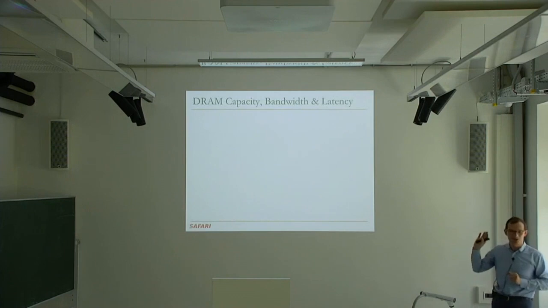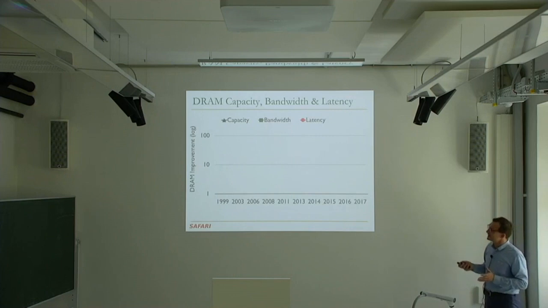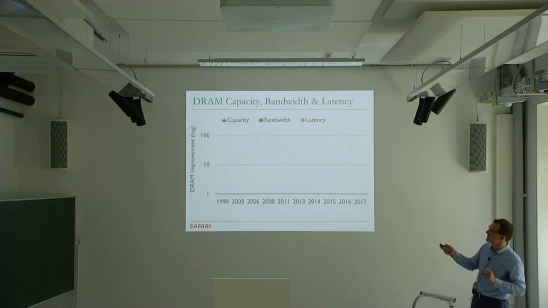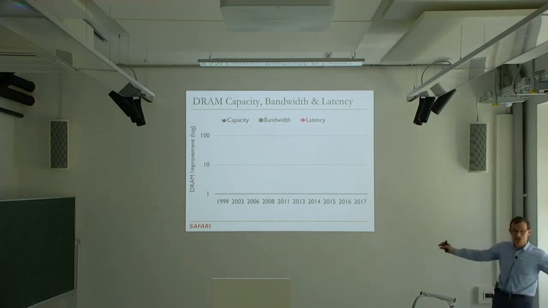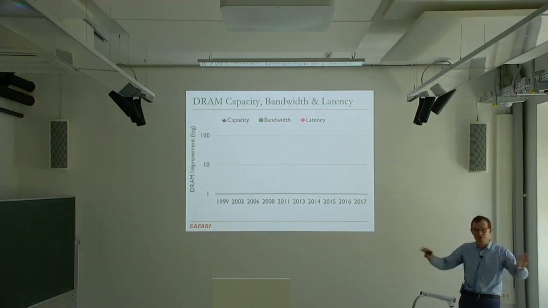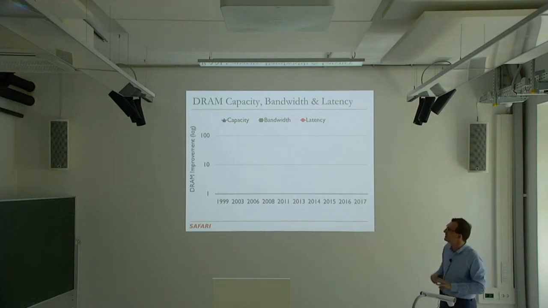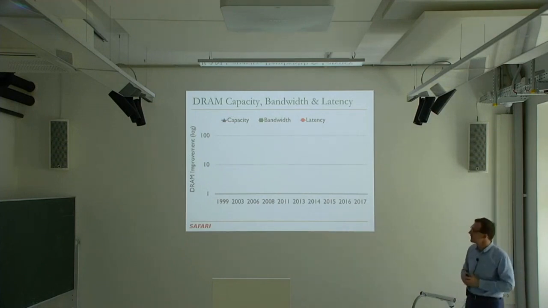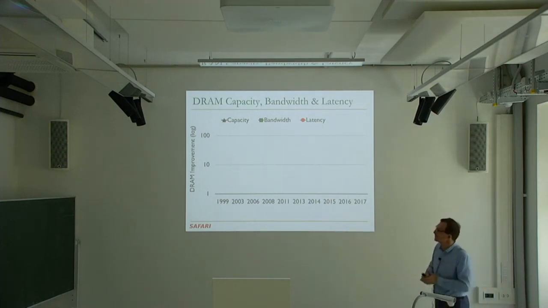We'll have some fun with this picture over here, which you don't see yet. So the picture will look something like this. Essentially, we're going to look at the trends in a DRAM chip in the last 18 years until 2017. We'll look at how much capacity, bandwidth, and latency have improved over the last 18 years in the most common device of its day. This is DDR technology. There are many types of DRAM chips today, which we may go into a little bit, but DDR technology is the most common commodity type that's used everywhere. LPDDR, low-power DDR, is one example of it also.